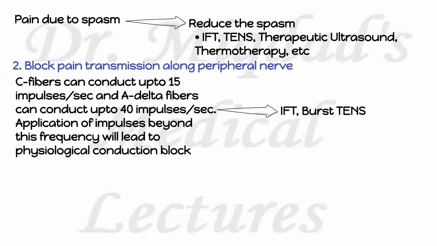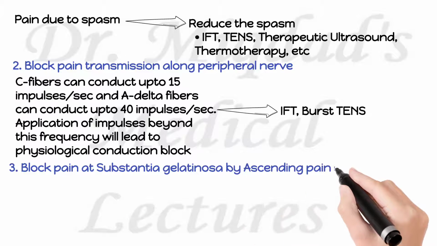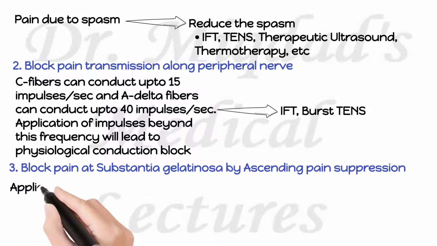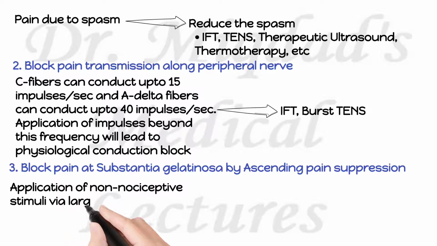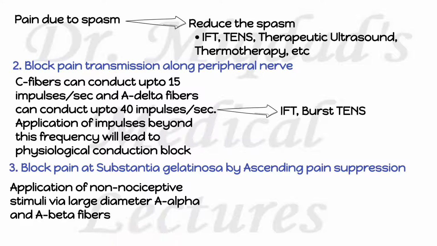Then next principle is to block the pain at substantia gelatinosa by means of ascending pain suppression system. To understand this, I strongly recommend you to watch and understand my previous lectures before continuing further. So, to utilize ascending pain suppression system, we must apply non-nociceptive stimuli via large diameter A alpha and A beta fibers. I repeat again, to utilize ascending pain suppression system, we must apply non-nociceptive stimuli via large diameter A alpha